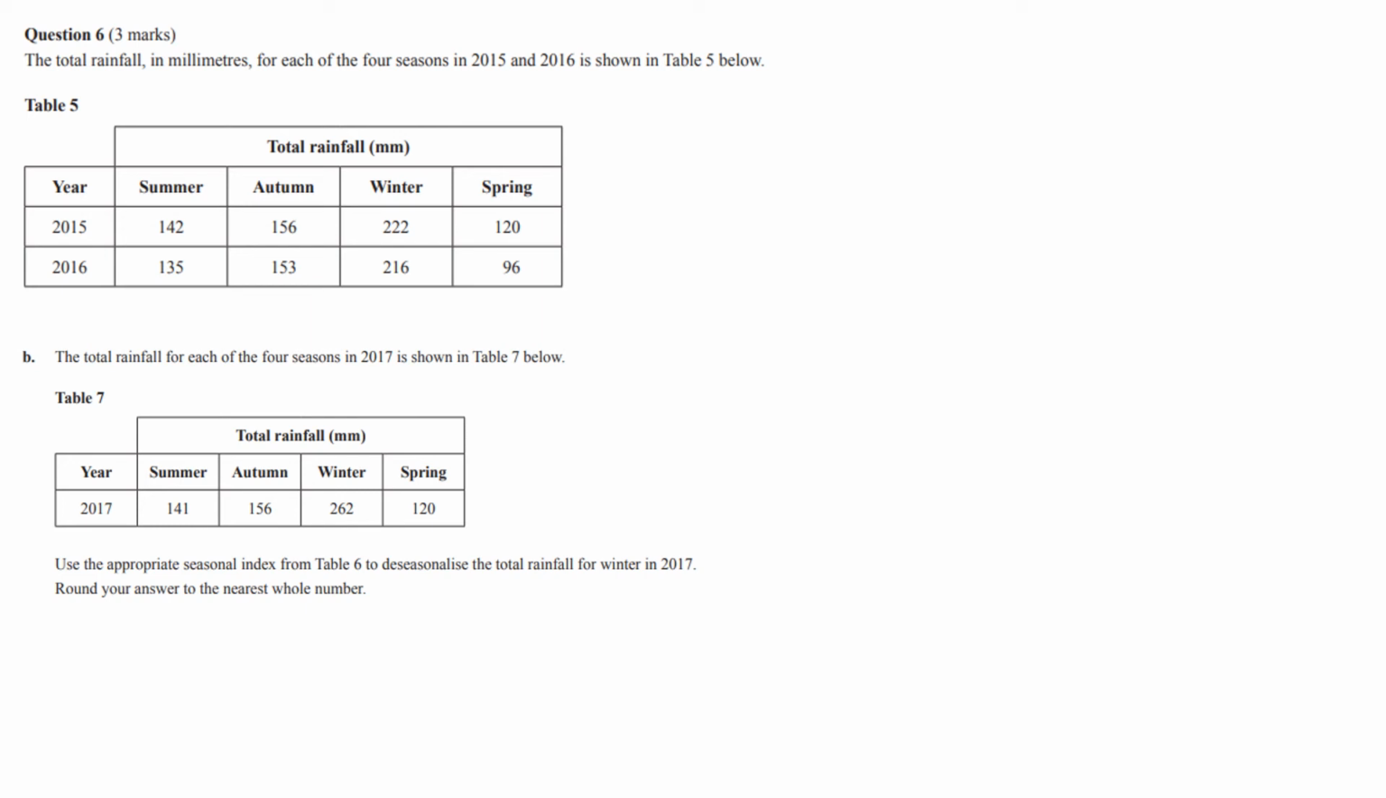Okay, so we've now got some data for 2017, and we've got to use the appropriate SI to deseasonalize winter 2017. That value is 1.41, and we've got to make sure that we round the answer to the nearest whole number correctly. All right, formula sheet says SI equals actual over the